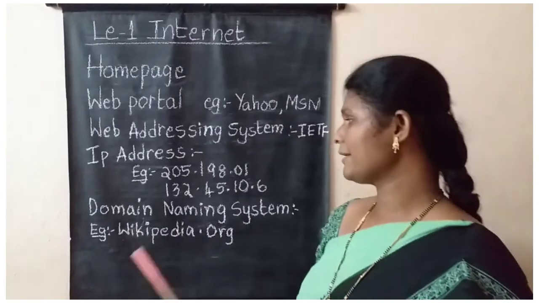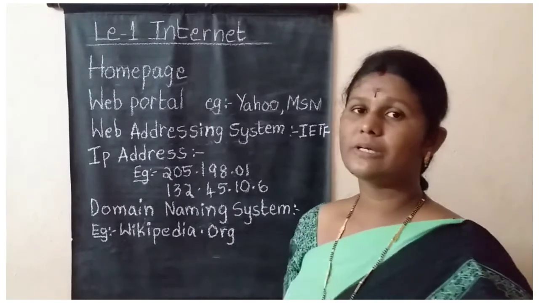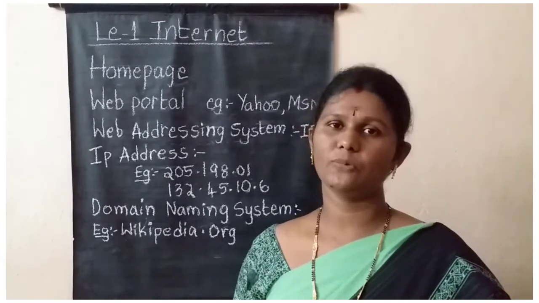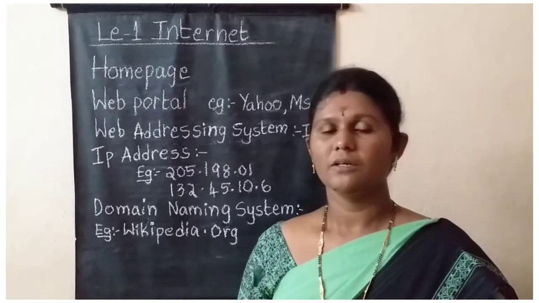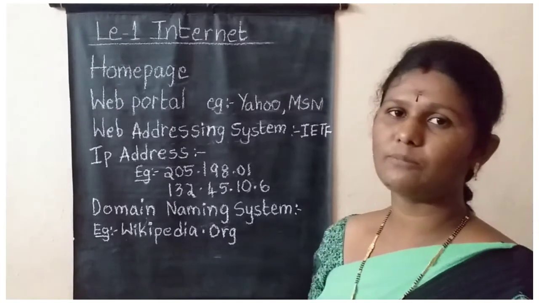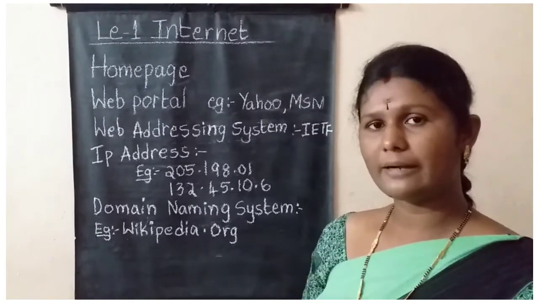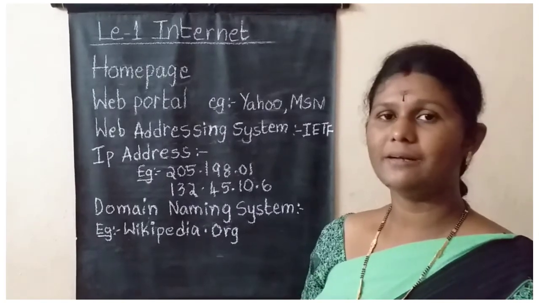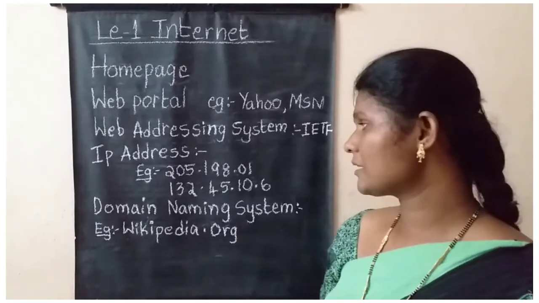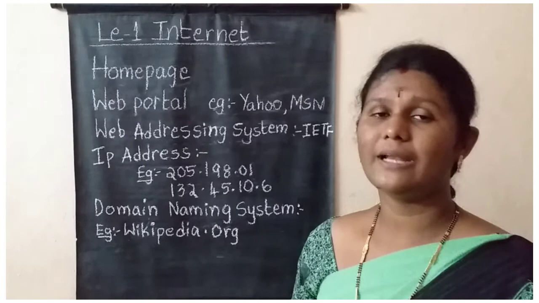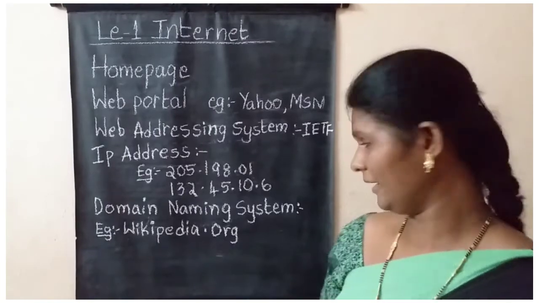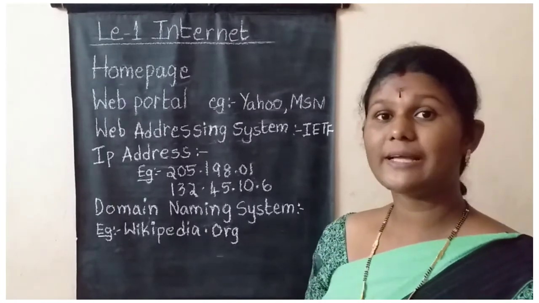If you want to create a website address, you have to follow some rules. What are those rules, children? The first one is that it should contain only letters and numbers. It should be at most 64 characters. The next one is that hyphen is the only special character we can use. And specific extensions are there.